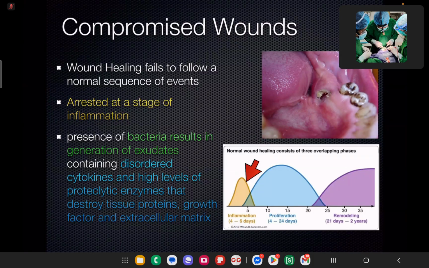It happens because of the presence of bacteria that results in the generation of exudates. The bacteria are the ones that produce the pus, or the serous fluid contained within the compromised wound. So it contains undisordered cytokines and